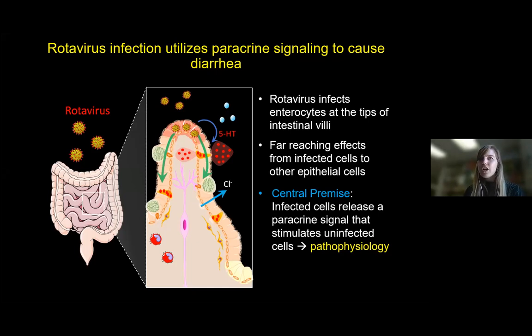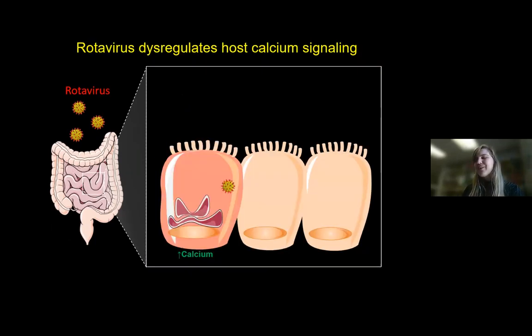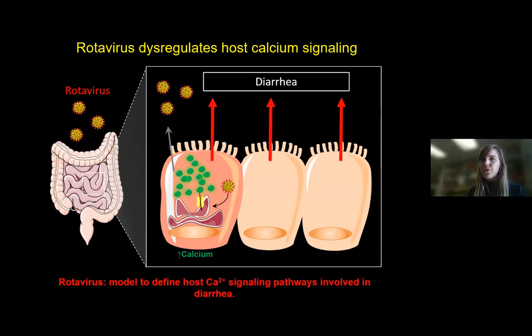So, as Fran eloquently showed earlier in today's talk, one hallmark of rotavirus infection is that rotavirus increases calcium within the infected cells, which is important for viral replication, but this has also ultimately been shown to contribute to diarrhea. And this allows us to use calcium as a tool to look further into that paracrine signal and also look at rotavirus infection over time.